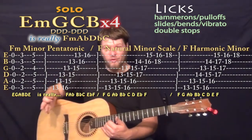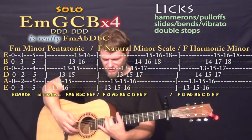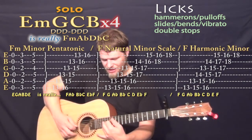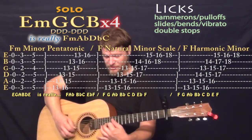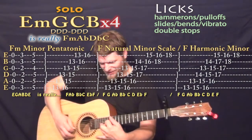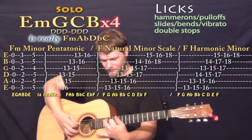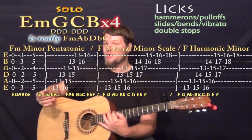Or you may want to try mixing it up with an F minor scale, kind of 13, 15, 16 on the low E, 13, 15, 16 on the A, 13, 15, 17 on the D, 13, 15, 17 on the G, and then 14, 16, 17 on the B, and then 15, 16, 17 on the high E. Might be cool. Or you could play around with an E harmonic minor scale,